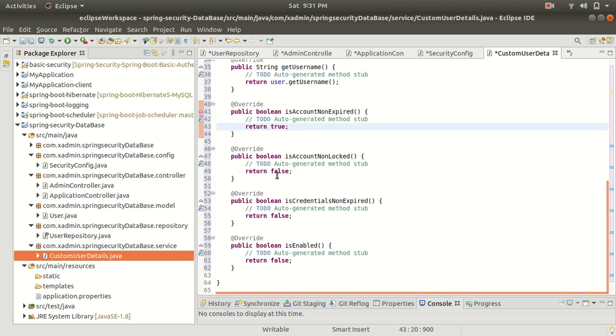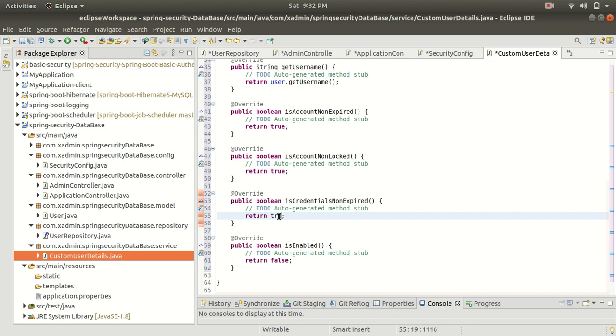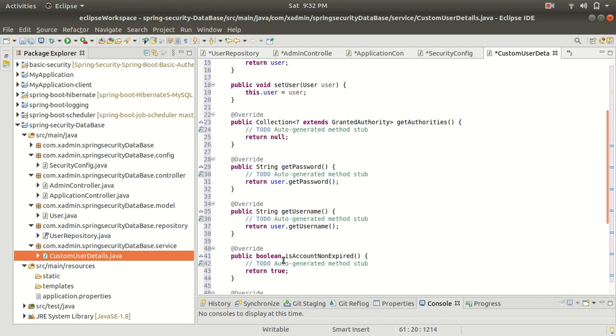And isAccountNonLocked, true. IsCredentialsNonExpired, true. All right, isEnabled, mark this as true, return true. All right, and in this it is fine.